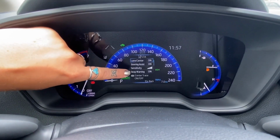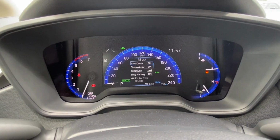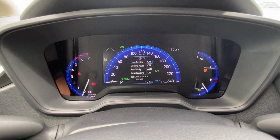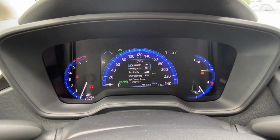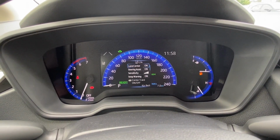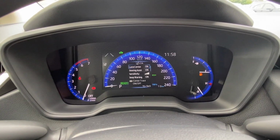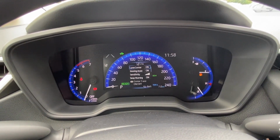For those with lane departure alert only, you will have access to all of the adjustments except for lane center. This is the feature we are going to turn off. Your lane tracing will only be active if your steering assist and lane centering is turned on. Therefore, with lane centering off, you will still have the audible and visible alerts when you unintentionally drift out of your lane, as well as the steering assist, but without the extra quick steering movements when you are using dynamic